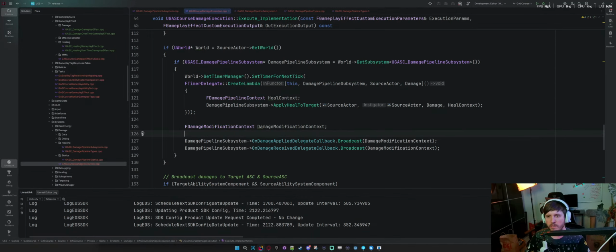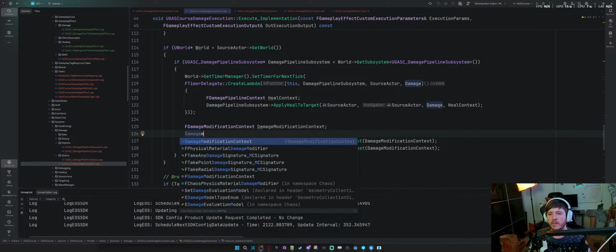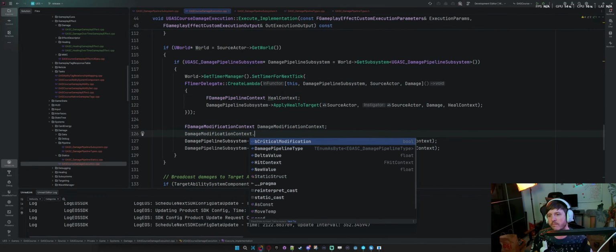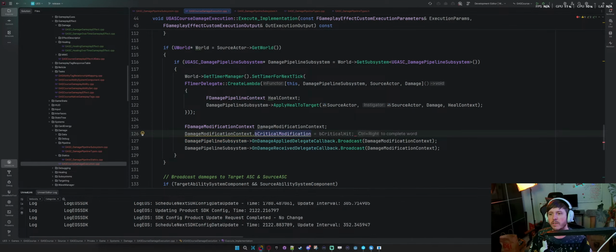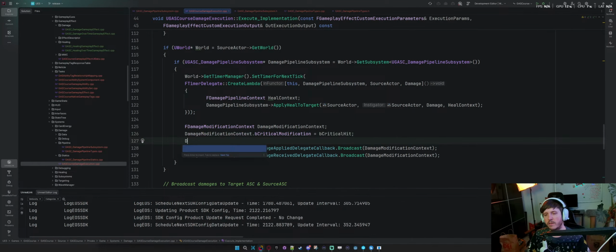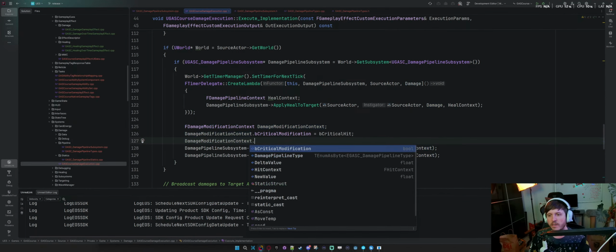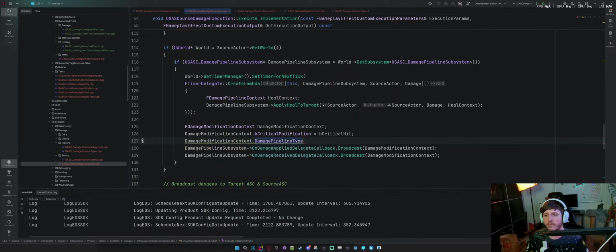So we need to say damage modification context dot B critical modification equals B critical hit. Damage modification context dot damage pipeline type equals